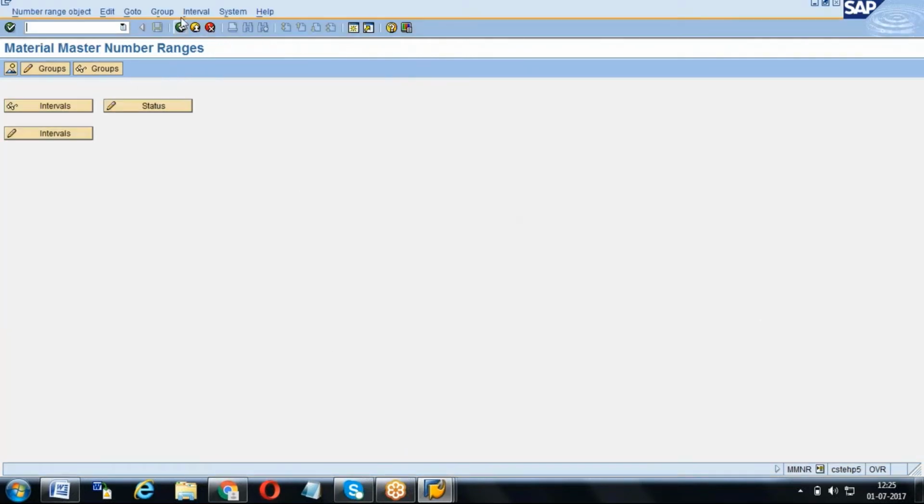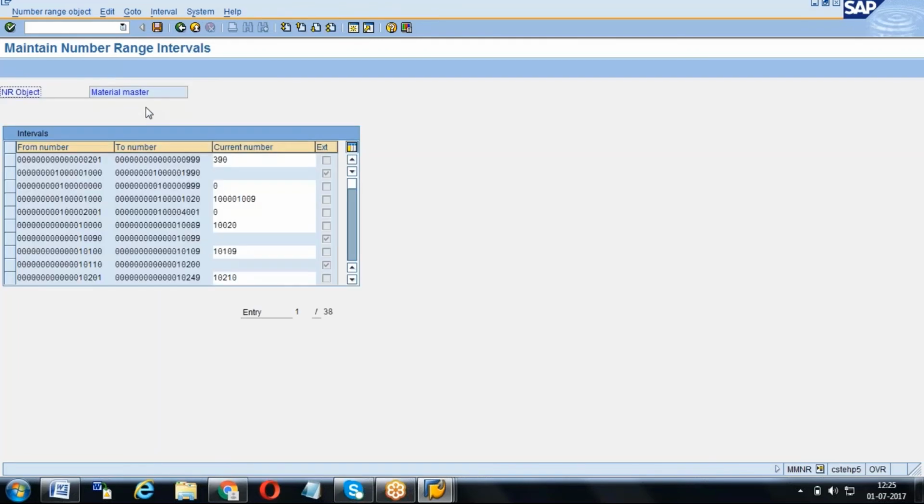This is number range maintenance. Now we are in the MMNR screen. If you get an error message like no intervals are allowed, or intervals are already completed, or the overlapped kind of thing, in real time these things won't happen, because for each range we will give some 10 lakhs or 50 lakhs like that. But in IDES, some people may give a complete range, 1 to 900 billion or whatever it is. They will use it up completely.